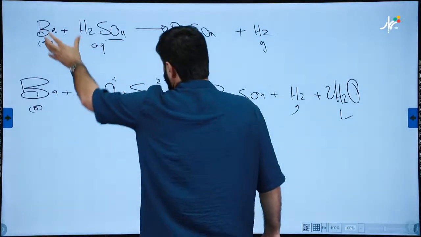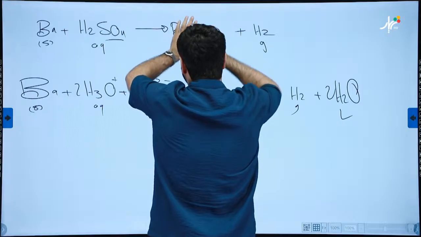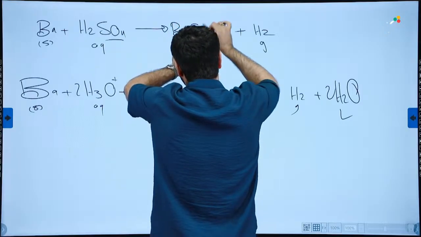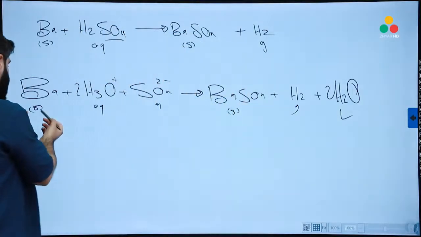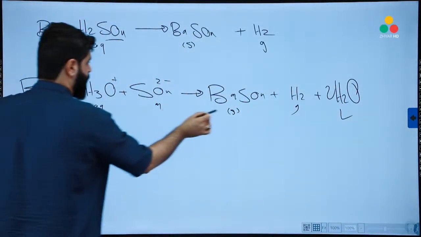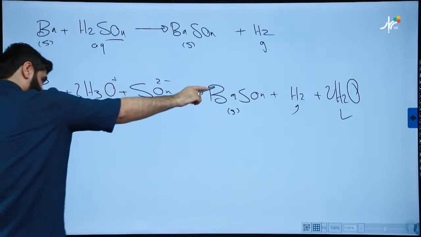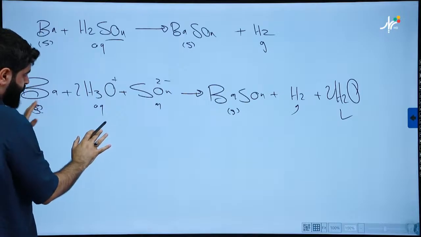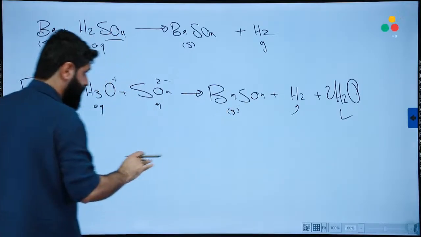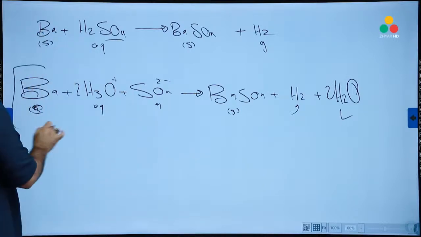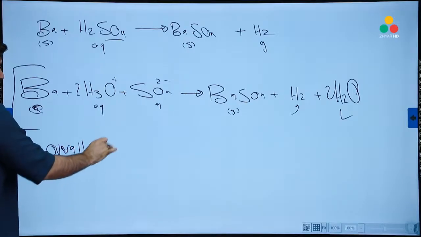If we have active metal plus acid to form a salt, if the salt is AQ, then the negative part of the salt will become the spectator. But if the salt is solid, look at this, there's no spectator. Ba is solid here, but here it's inside the compound and it's changed. Hydronium, never. Sulfate is solid, no. So there's no spectator. Then this step will be overall and net at the same time.